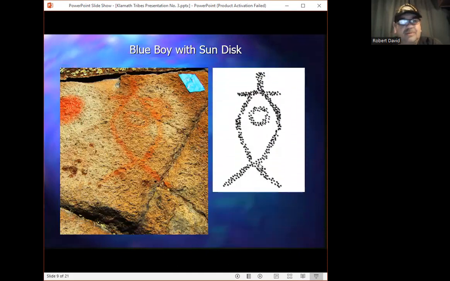Now here's the close-up again, along with the stipple tracing I did just to make the image stand out a little better. As you can see, the image has a little head, outstretched arms, a large fish-shaped body, and a couple of legs that are spread in such a way that they emulate the angle of a fish's tail.